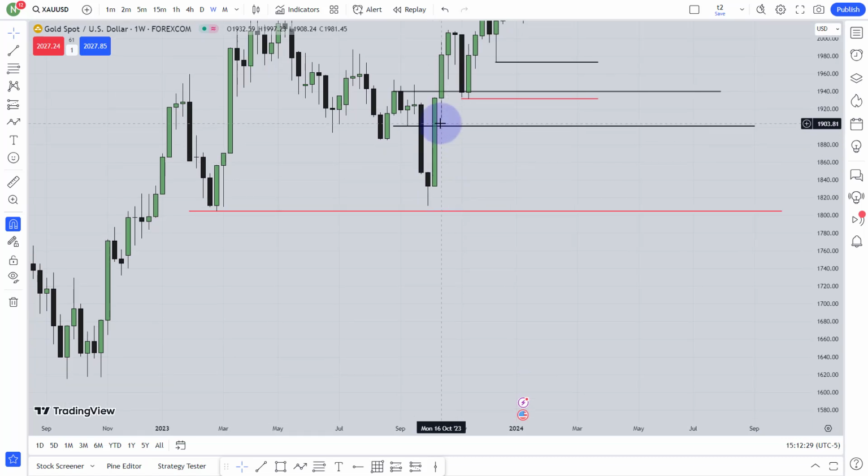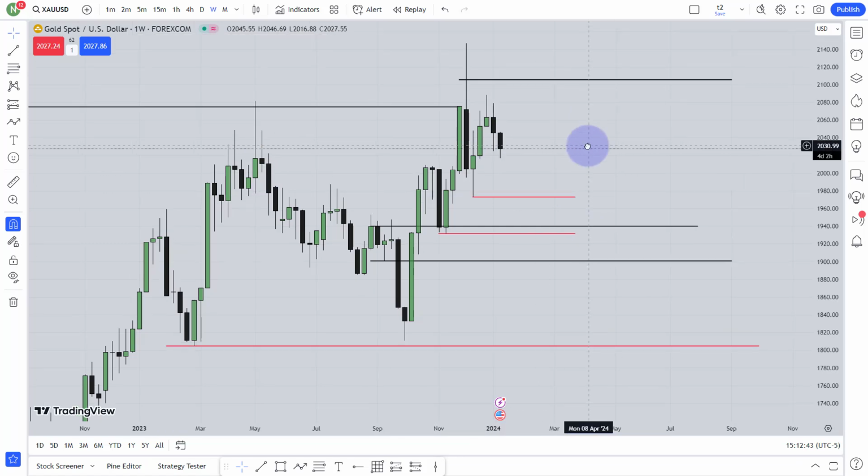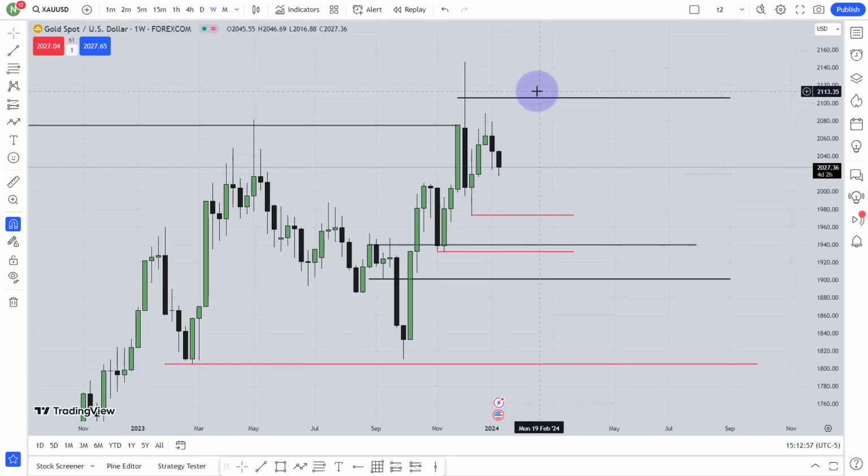Okay, now if this fair value gap fails to hold the price, then this sell side liquidity will be your target. Right now I'm thinking about this low, that should be the target. I mean that is the first target for me right now. If price would love to go higher, this consequent encroachment will be my target. I mean above that high, this is the last level price can go. If this level fails to hold the price, I mean if I see a body close above that consequent encroachment, then this high will be targeted,